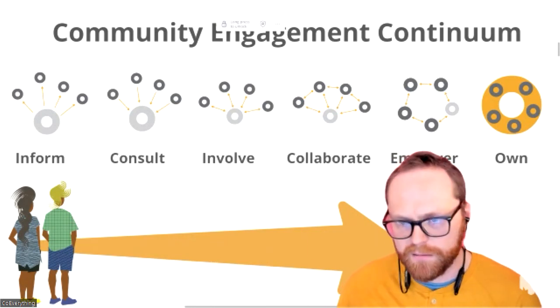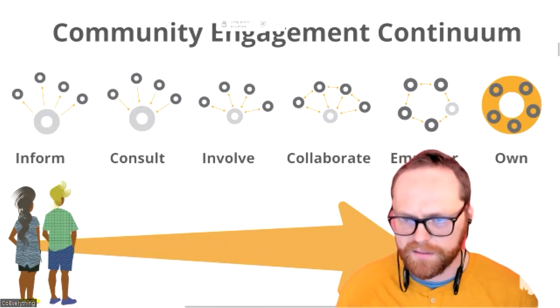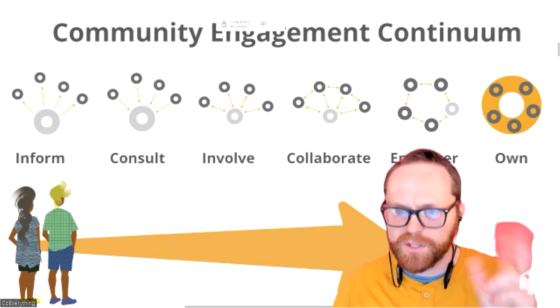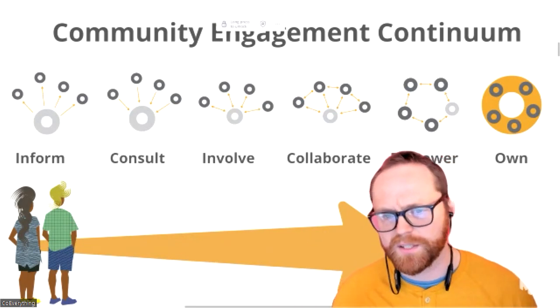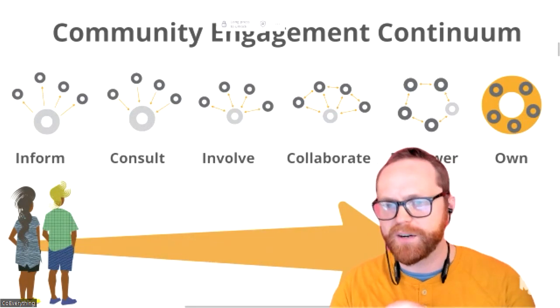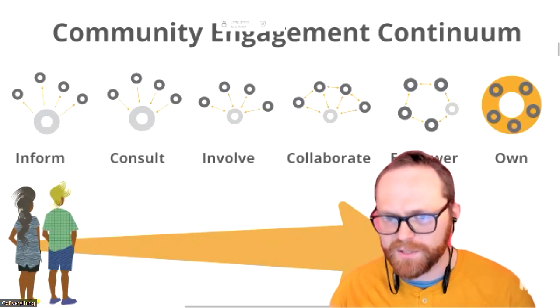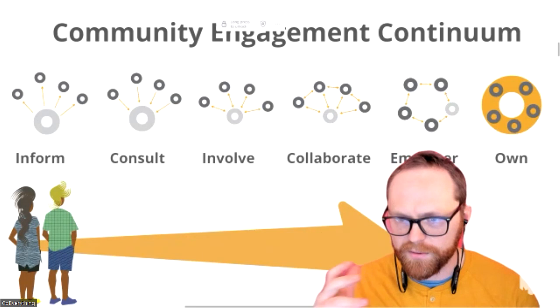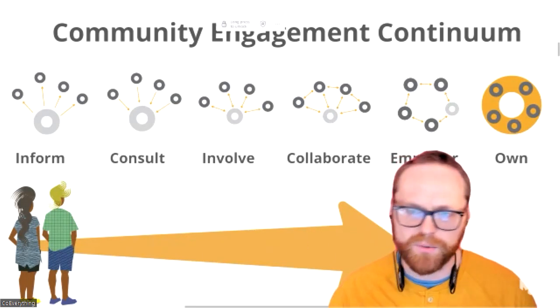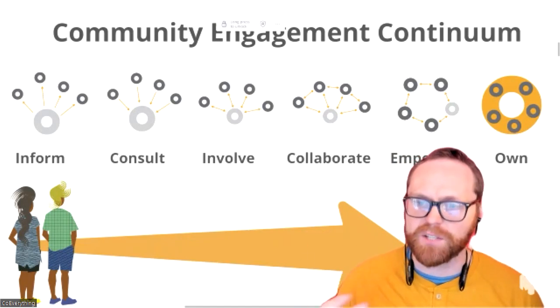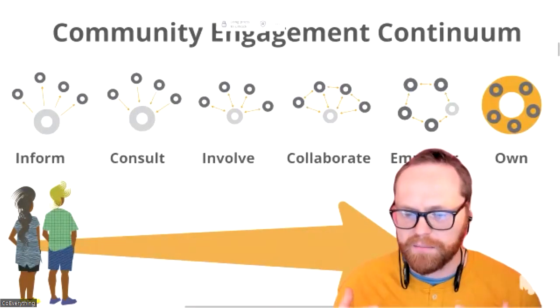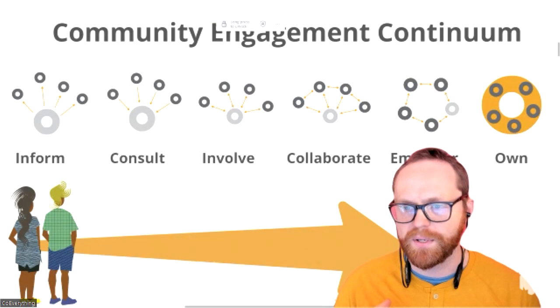And then we have collaborate, which is starting to get into some of the fun stuff here, where individual people within our community might be engaging with each other, might be coming up with ideas. You can see that our little light gray circle starts to get smaller in these ones, where we're engaging on a more equal level, more back and forth between everybody. But still, we're not giving any of the power of actual decision making. It's all just ultimately coming back to the individual project or company.